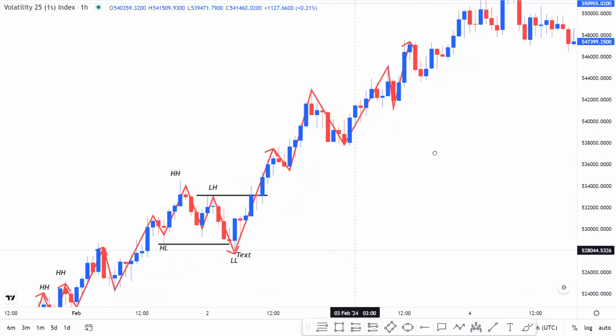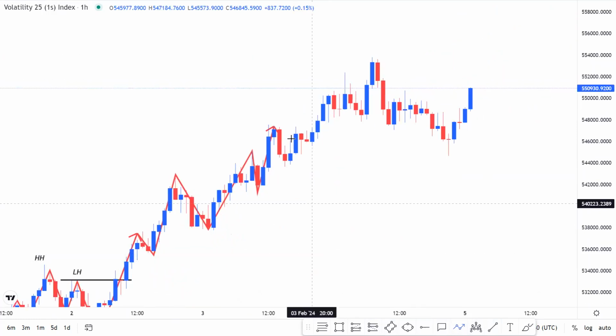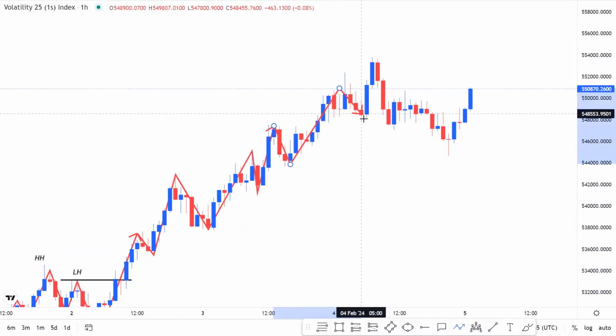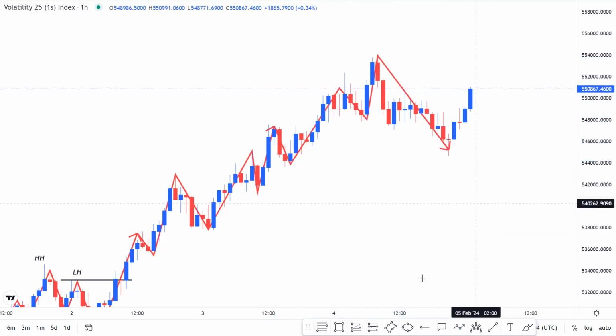And then you can see Volatility 25 1s index is in a very strong uptrending market, as we tend to see this keep happening. However, we have a complete reversal in the market as we speak,